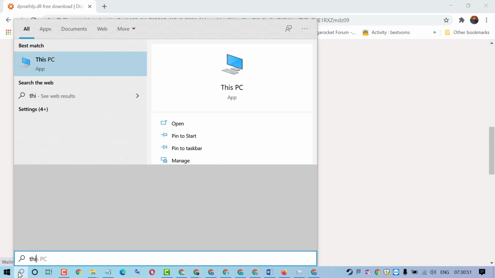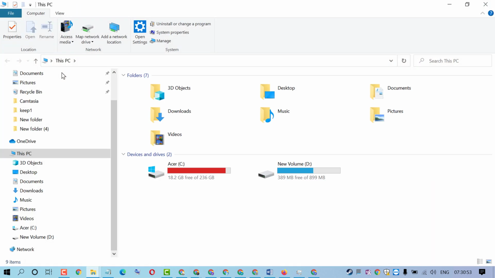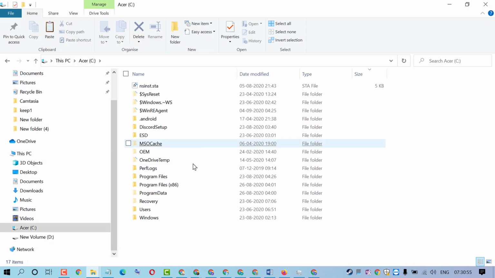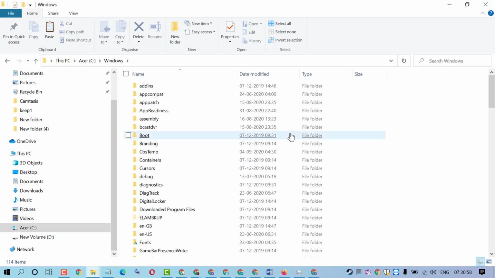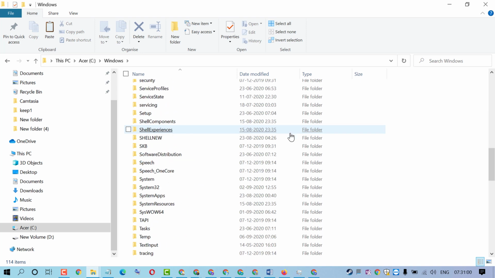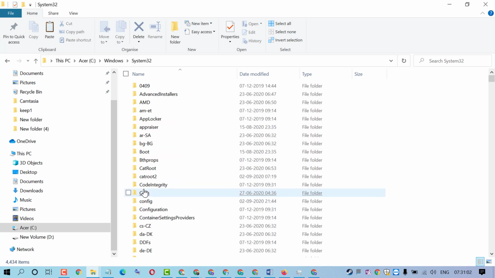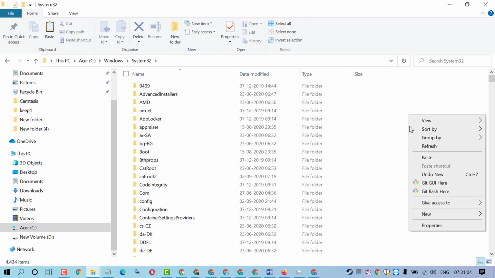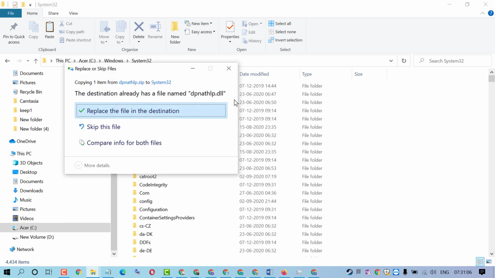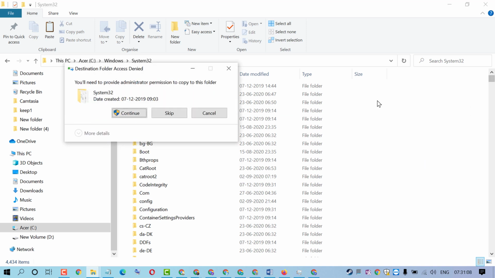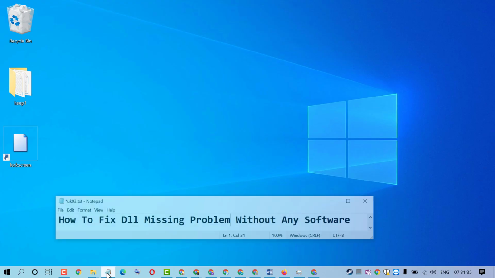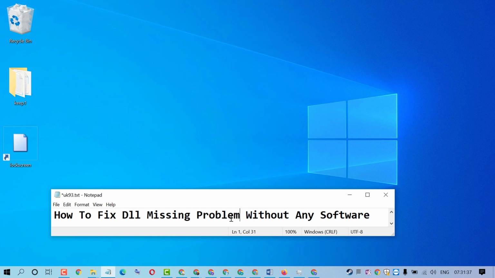So open C drive. So type This PC, C drive, now Windows, and open now System32 and paste that file here. Click on continue. So that's it friends, by this very easy and quick method we can fix DLL missing problem